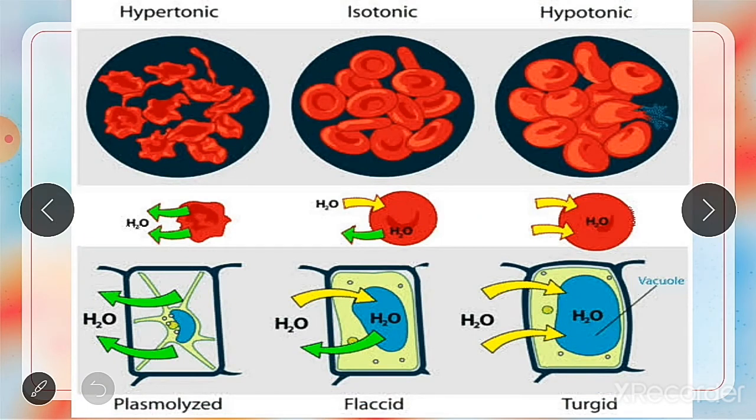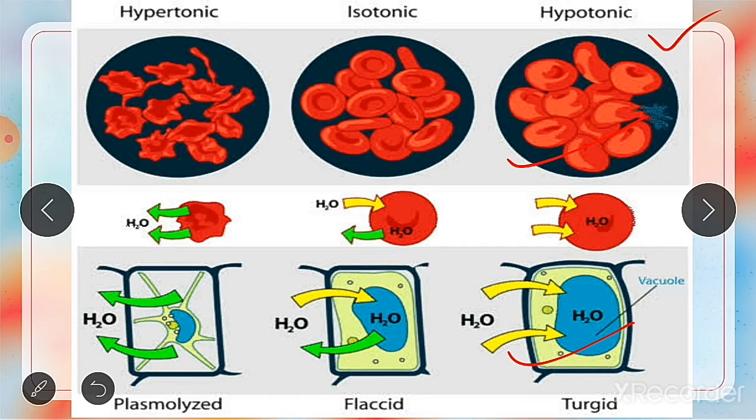So you can see here there are three situations. We'll start with this one first. So if the medium surrounding the cell has a higher water concentration than the cell, that means the outside solution is very dilute, the cell will gain water by osmosis. Such solution is called as hypotonic solution. Means when these cells, it may be an animal cell or a plant cell, are placed in the hypotonic solution, means the dilute solution, the concentration is higher in the cell but it is lower outside of the cell. Okay, so in this hypotonic solution, what happens?